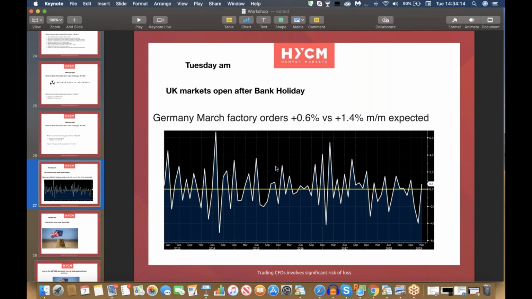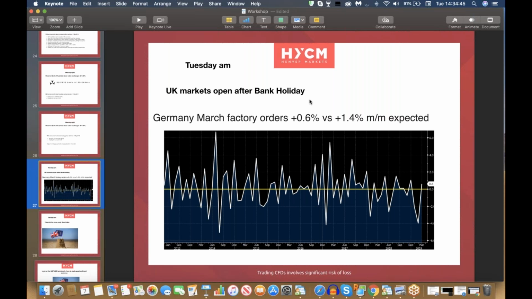There were some data points. There was Germany March factory orders. They were up 0.6% versus 1.4% month-on-month expected. Now this was a weak data point, but it's historical from the first quarter, and we know that Germany has been down on the first quarter anyway. So the German GDP data is what has really weighed on the euro in the last few weeks. So again, keep looking for German data, particularly quarter two data, as the market is trying to see, well,